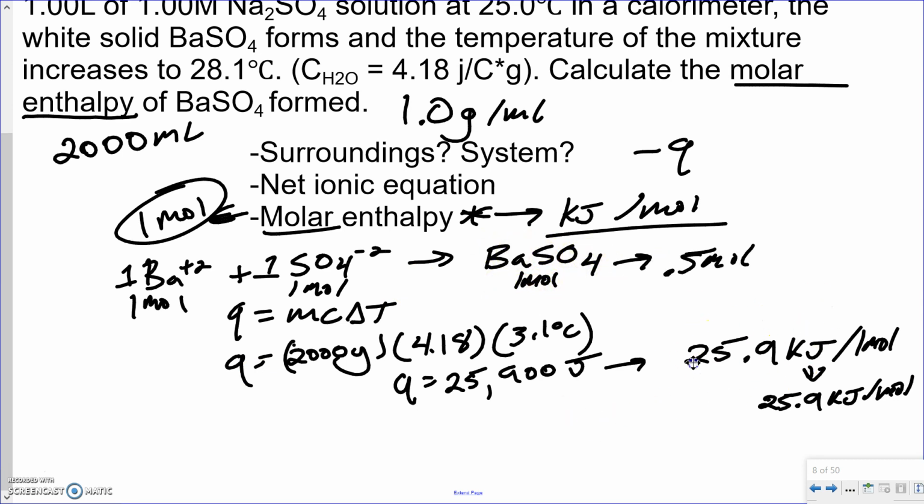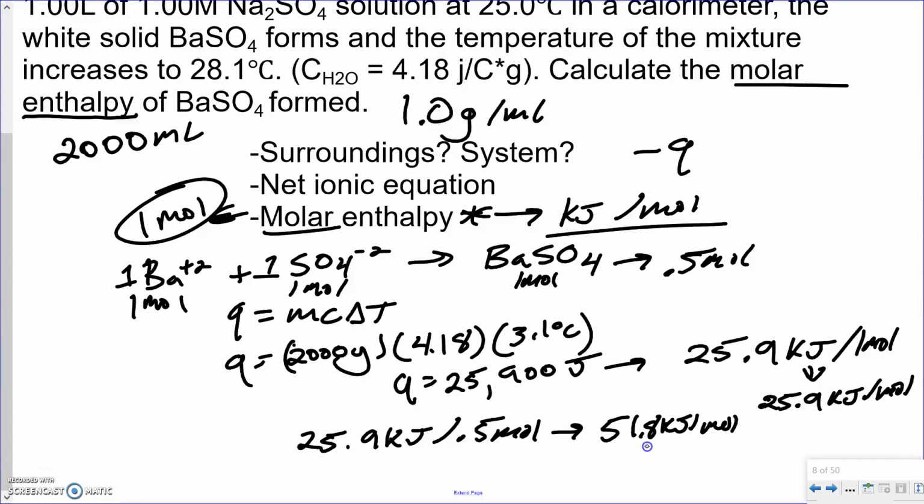Okay, for this 25.9 kilojoules, what does that mean? It means we take the 25.9 kilojoules, divide it by that 0.9 moles, and that number we get is going to be our molar enthalpy. In this case, 25.9 multiplied by 2 or divided by 0.5, however you want to think about it, is going to be 51.8 kilojoules